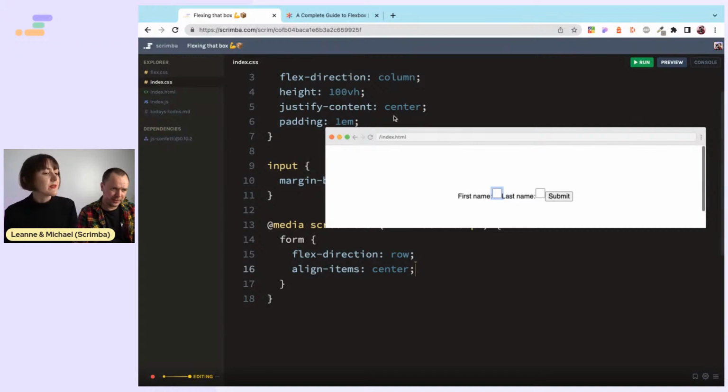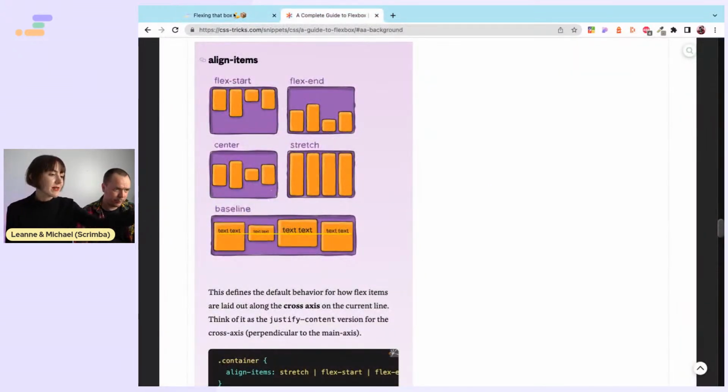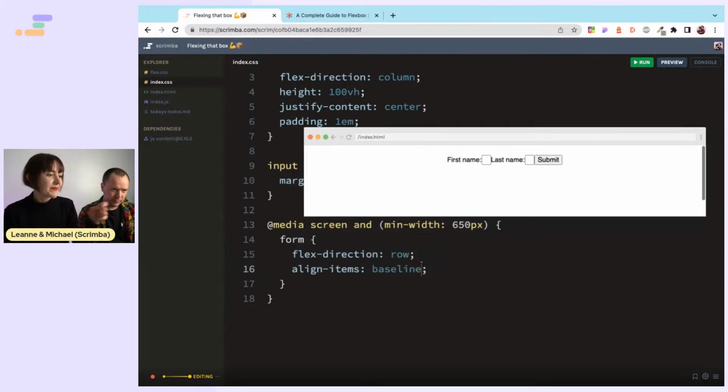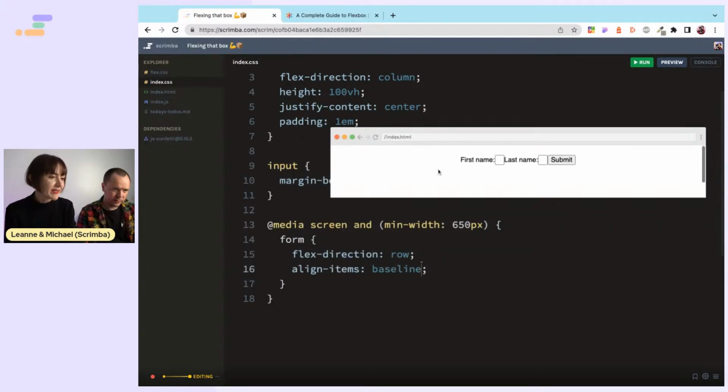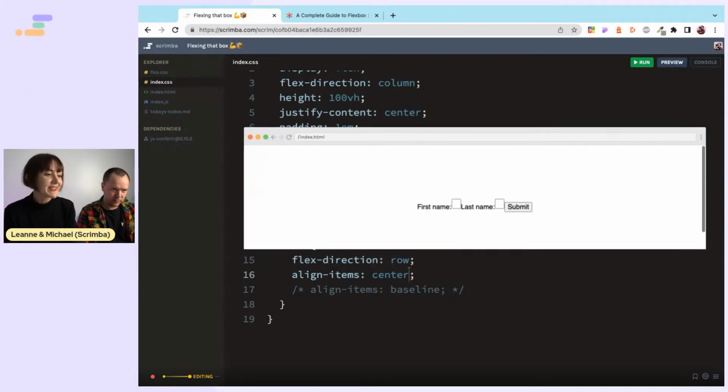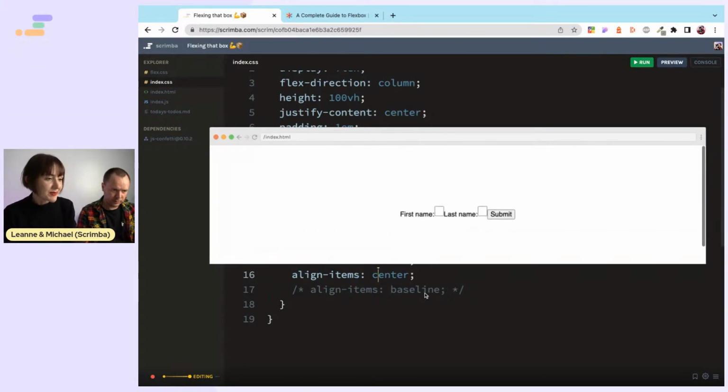Try the baseline one, because that lines them all up on the line or something. Okay, that does look better, doesn't it? Can you retype another one with center and demonstrate the difference? So this is baseline. Wow, I didn't actually realise it was that big of a difference. So this is center, which is centering all the elements. And then baseline, I don't really know how to explain it, but baseline puts it to the top